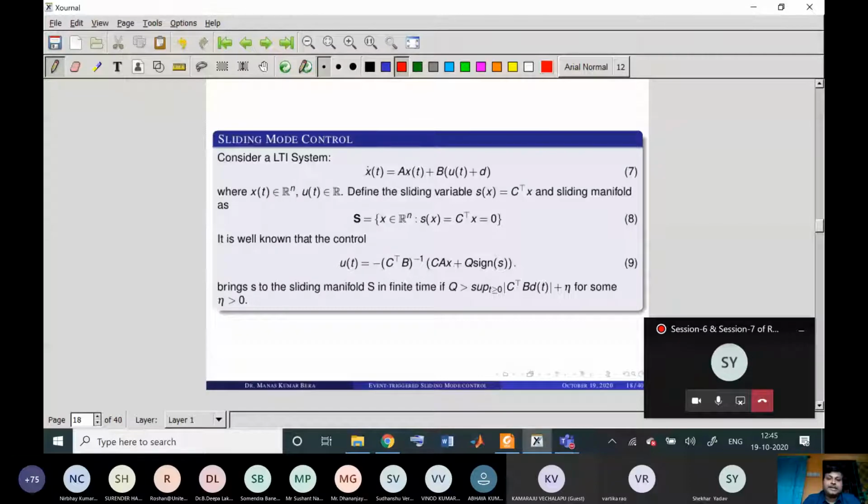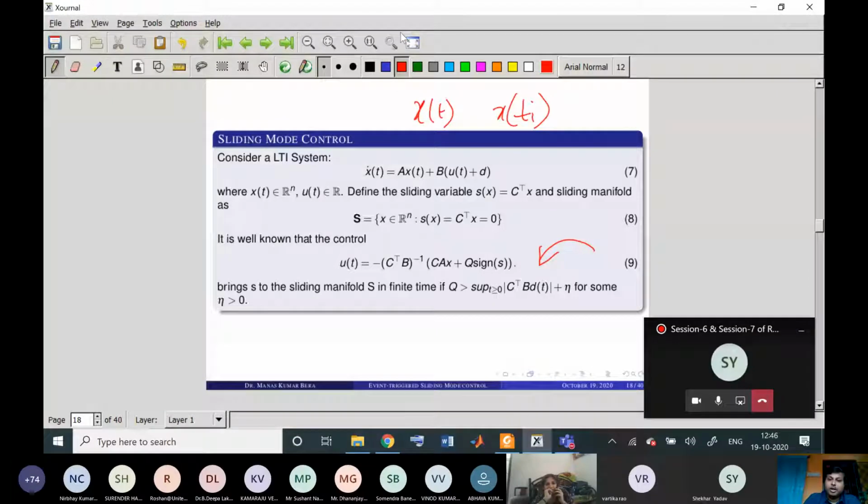of state x and S, because S, you see, is also depending on the state x. So now suppose instead of the continuous state x(t), the sampled states are available, suppose x(ti) is available, then how will this control law be designed? Periodic implementation of this control law u(t) with x of ti is extensively studied in discrete sliding mode control,